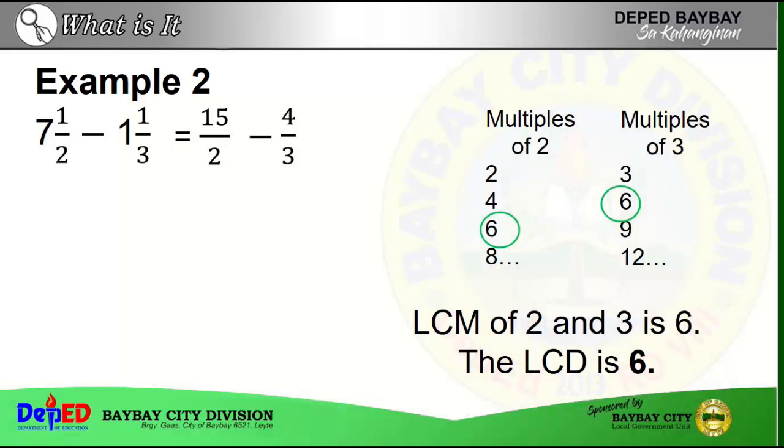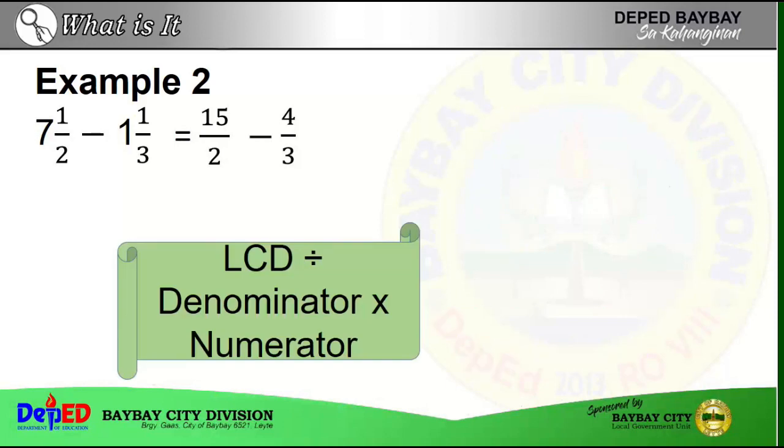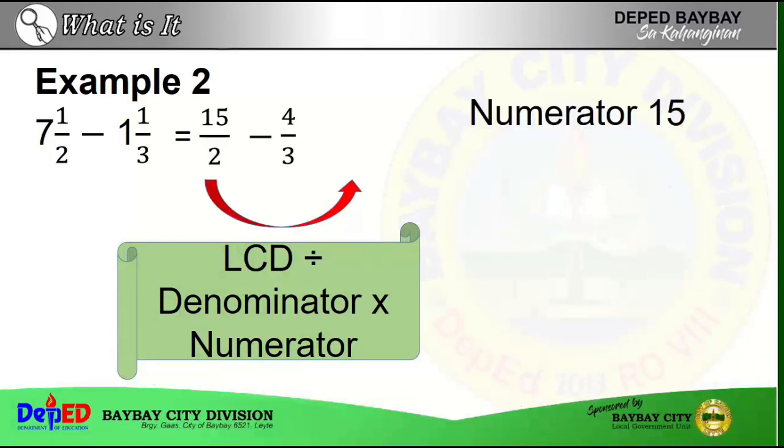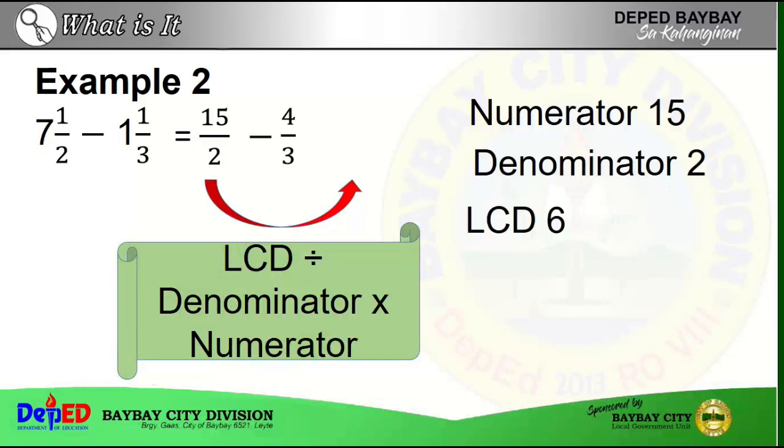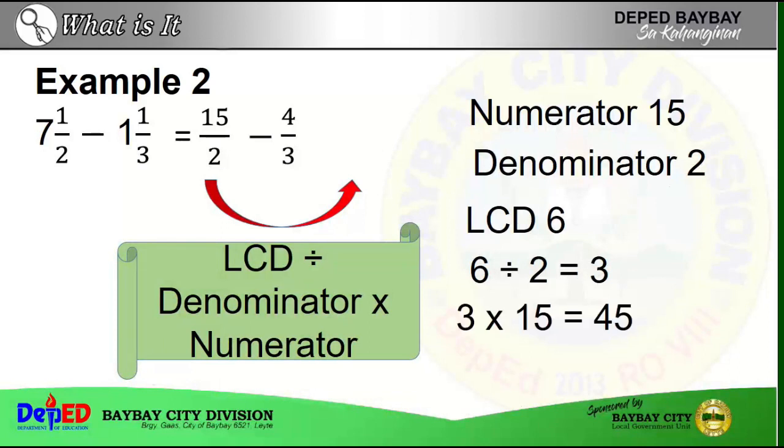Since we have the LCD, we now proceed to the next step, which is to use the technique LCD divided by denominator times numerator. For 15 over 2, our numerator is 15, denominator is 2, LCD is 6. So LCD 6 divided by denominator 2 is equal to 3. Then 3 times numerator 15 is equal to 45. So we have 45 over LCD 6